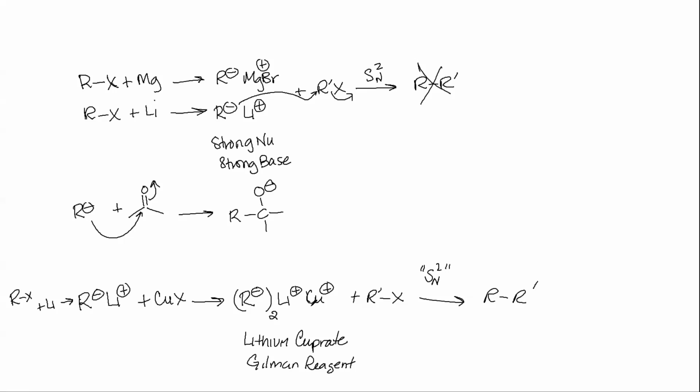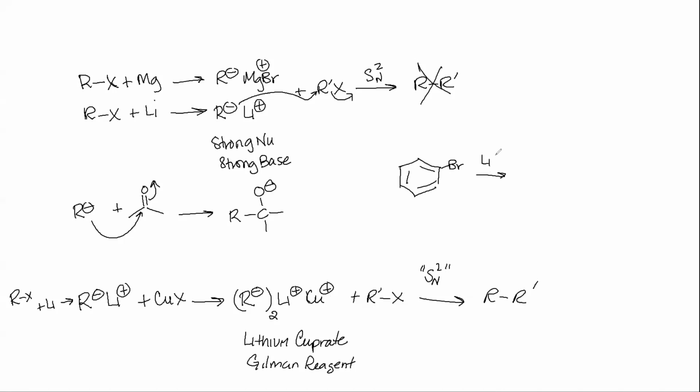So it was the presence of the copper that allowed that to happen, and we're not going to get into the mechanism of that, but copper changes the reactivity of this complex. Because we've always treated an R- as if the counterion doesn't matter, but the counterion does make a huge difference in this case. So in our context, for the Gilman reagents, what we would say is, let's take a bromobenzene,